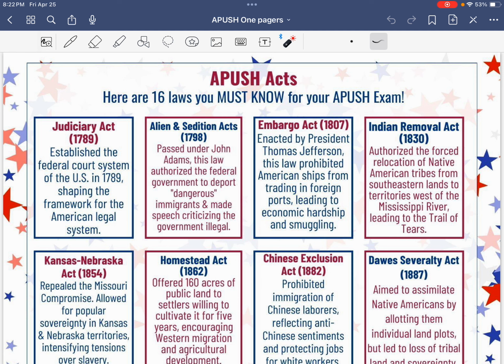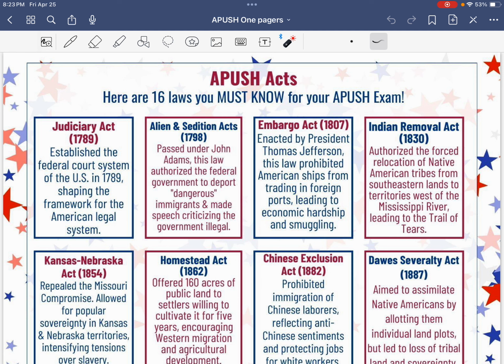All right, the Embargo Act, 1807, I've already talked about in a previous video. Thomas Jefferson is upset about the disputes between Britain and France. American ships were getting caught in the crosshairs, so it prohibited American ships from trading with all foreign ports. It was intended to be a political statement against Britain and France to avoid war, but it devastated the American economy,